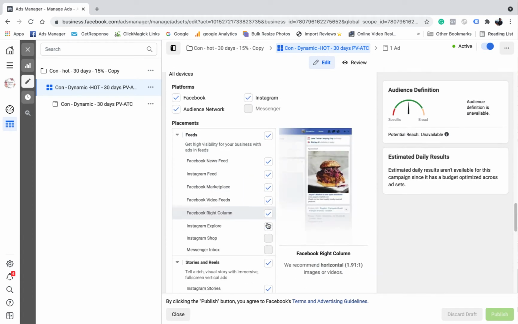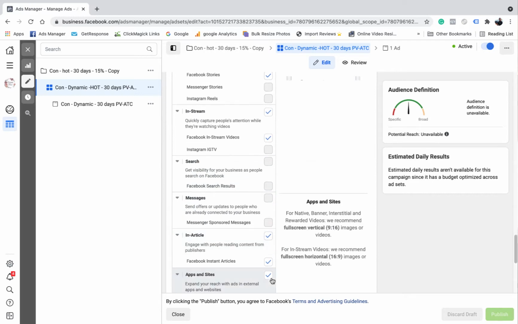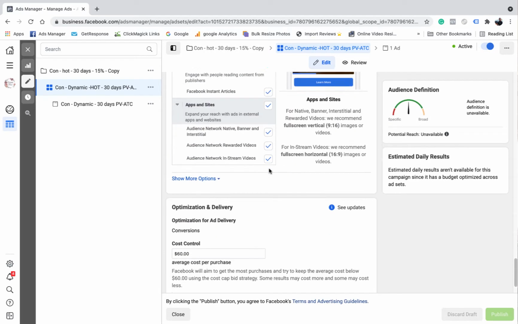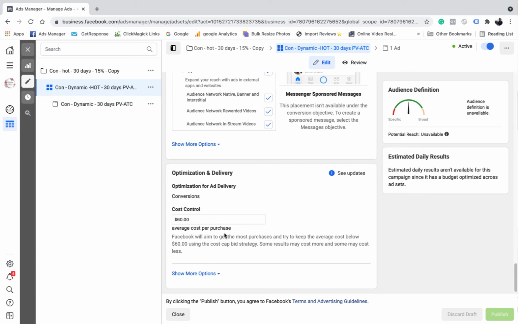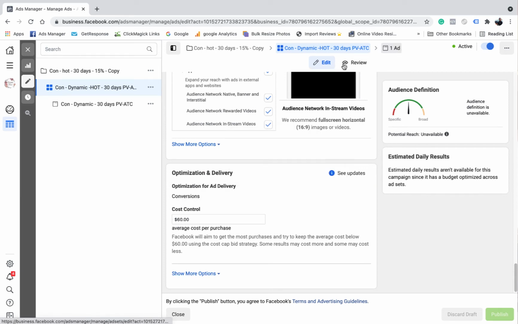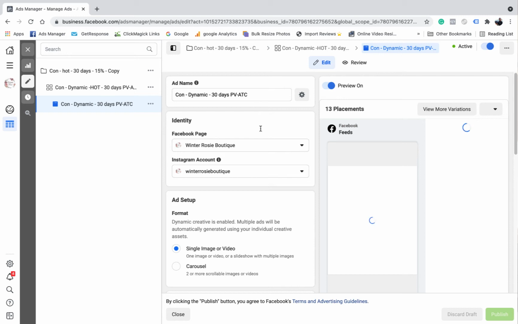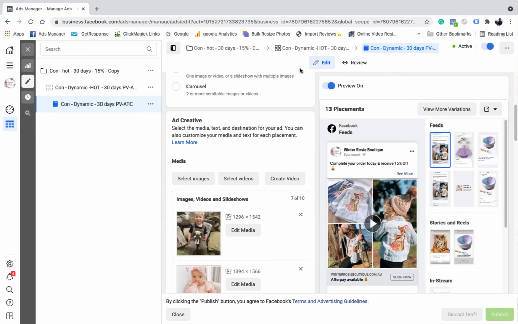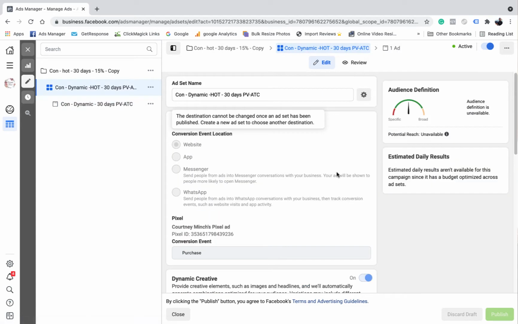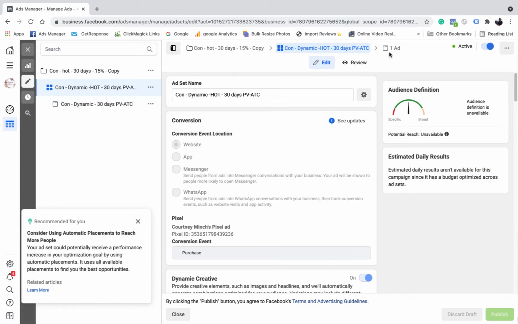For some reason, I've done that manual, but I've left them all on, so it doesn't matter. Usually, I would just leave that as automatic. Again, that's $60, which is fine. It's the ad that's very different on this one. So this one, I'm using a dynamic creative, and that dynamic creative is, I've turned this on here, and what